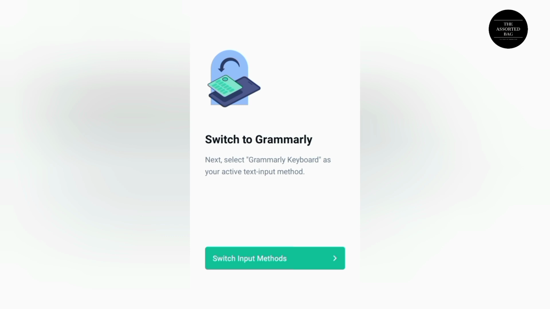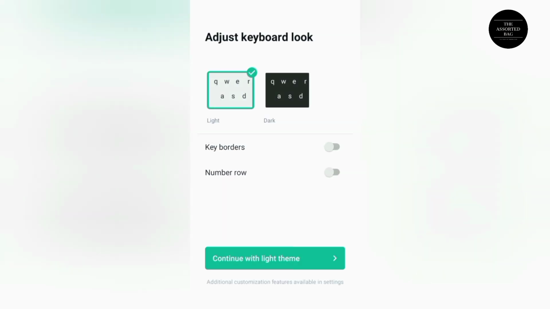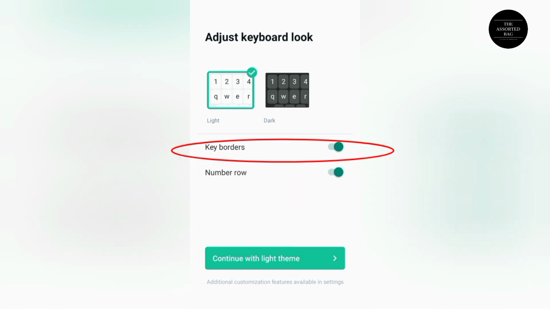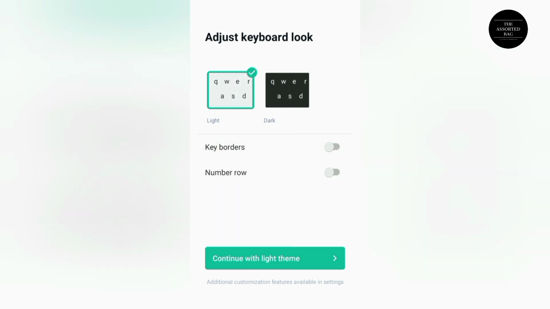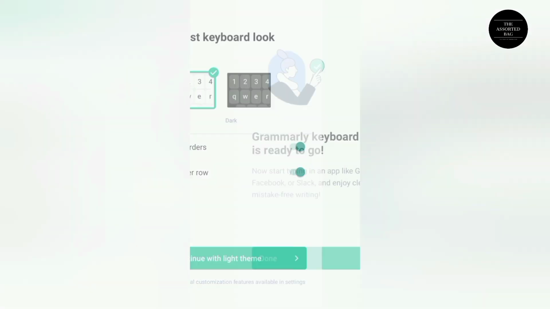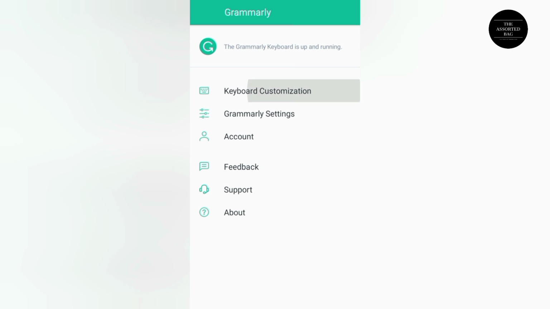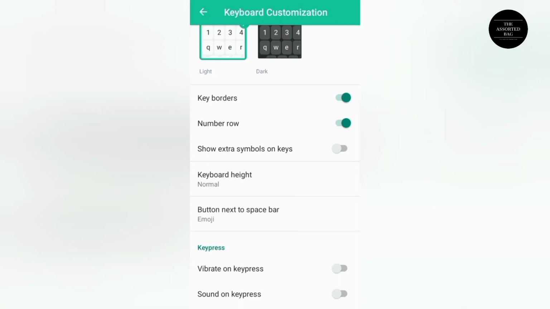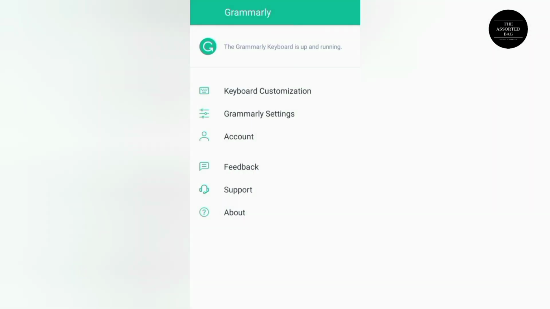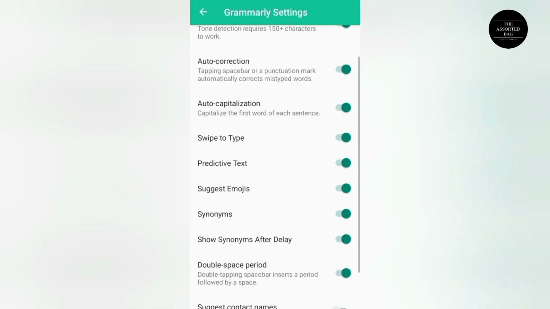You also get the settings of key borders and number row, so depending upon your convenience and how you want it to look, you can set this up. So this is the final keyboard customization page, and you can come back to this later and also make changes if you're not sure about something or you're not happy with something.